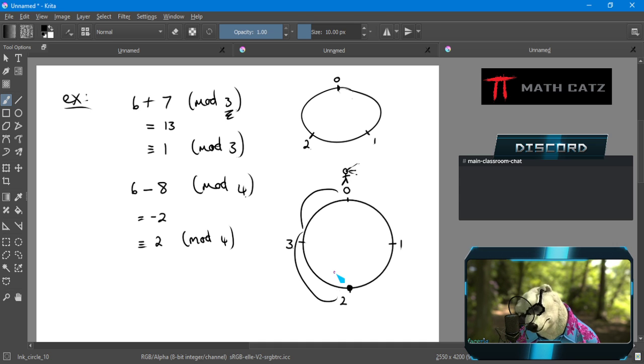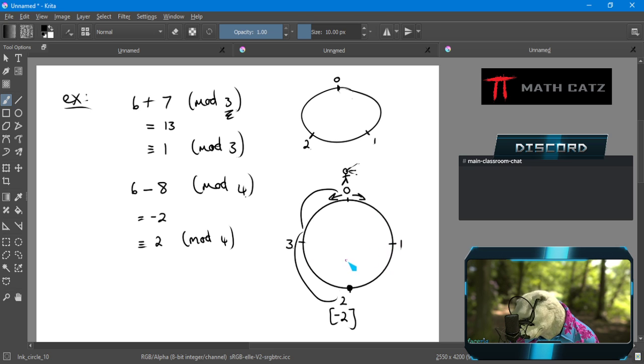Now, what's left? Left is going to be that direction, because increasing is the right direction, the clockwise direction. Left is going to be counterclockwise. So then I take 2 steps, and the number here that's equivalent to -2 on the mod 4 circle is 2. And I can only have an answer that's one of these numbers.